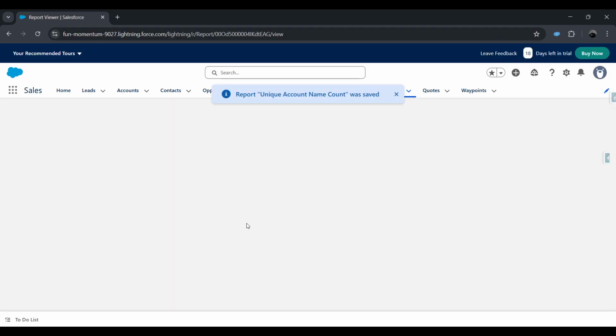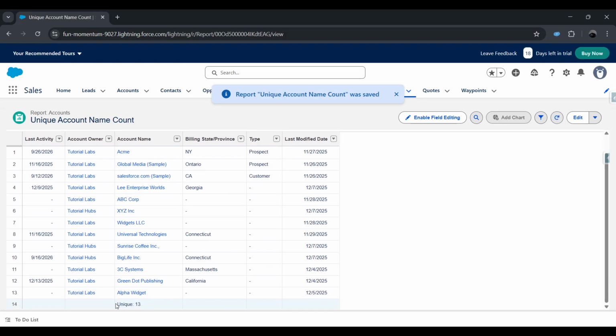And there you have it. You've successfully created a Salesforce report that counts unique items, giving you accurate, unduplicated data